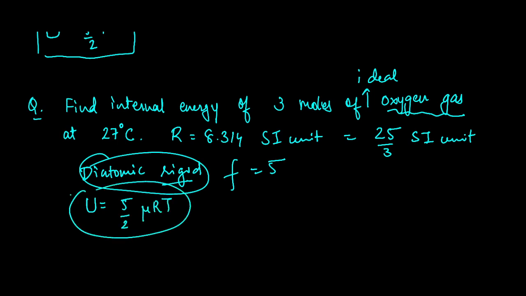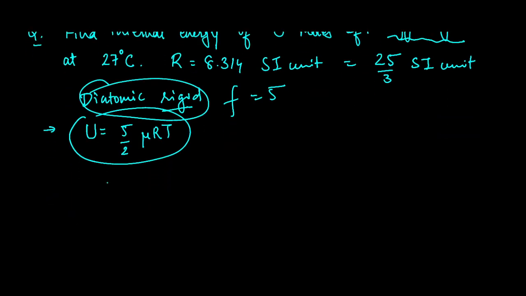Okay, this step clear everyone? U equal to F by 2 mu RT. So F equal to 5. Right? Now we just had to put in the values. So 5/2, mu is 3, R is 25/3, if you take 8.314 you will get a slightly different answer. Temperature 300 Kelvin. So 3 cancelled, and here you get 5 into 25 is 125 into 3,